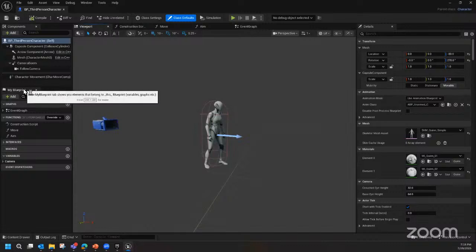On the left below the components tab, there's the My Blueprint tab, and this allows you to see all of the parts of the blueprint, including pulling the event graph back up if you close the window. To show you one thing that you can change in this blueprint, that's very simple to change, I am going to open the details of our character